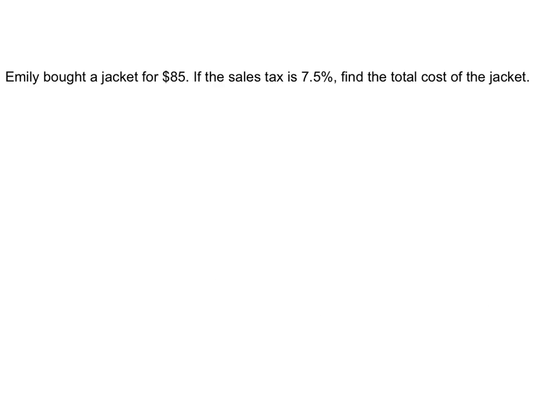So Emily just bought a jacket for $85. Sales tax is 7.5%, so we need to turn that into a decimal first, which would be 0.075, and we're going to multiply that by the 85 that it costs. 0.075 times 85. So the sales tax is